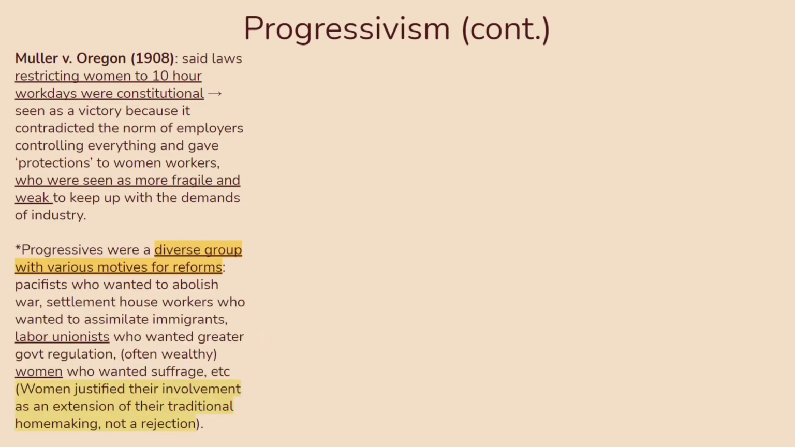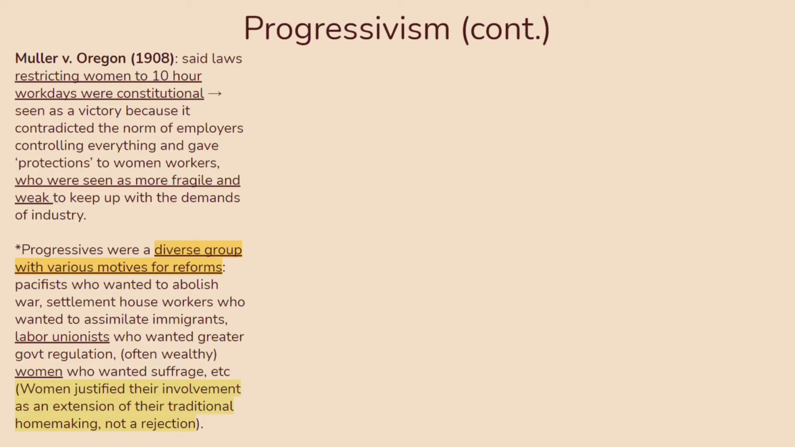And one thing to note about the progressive movement was that it was a very diverse group of people who had various motives for reforms. So for example, pacifists wanted to abolish war, settlement house workers wanted to assimilate immigrants so that they could lead better lives, labor unionists wanted greater government regulation to prevent worker exploitation, trusts, and just general corruption, and